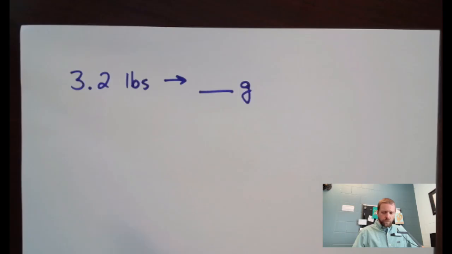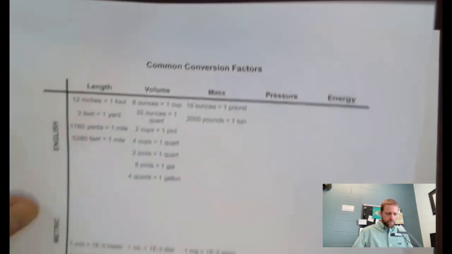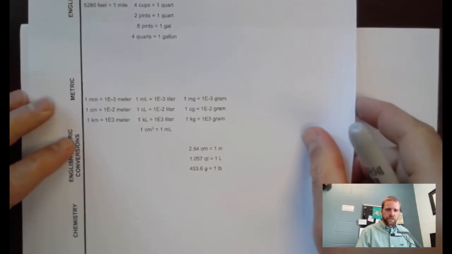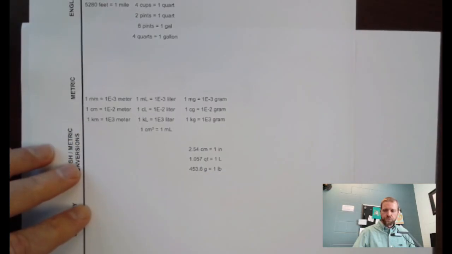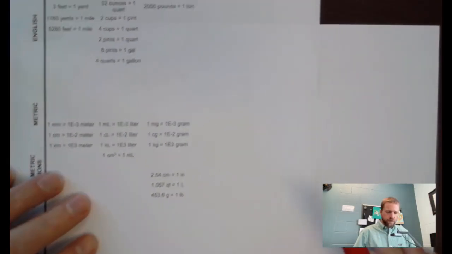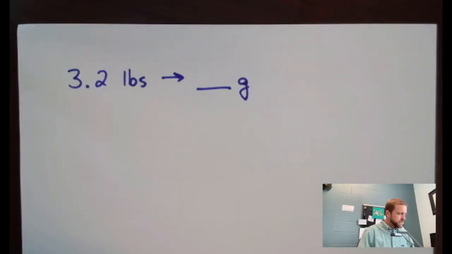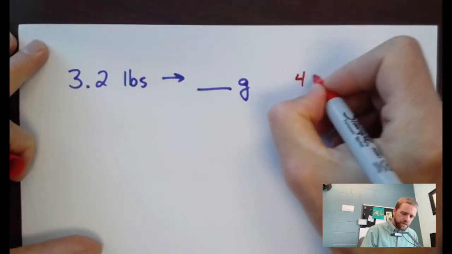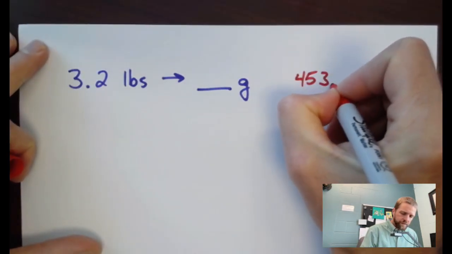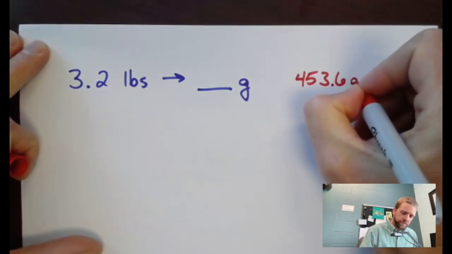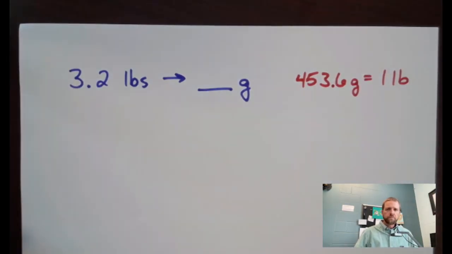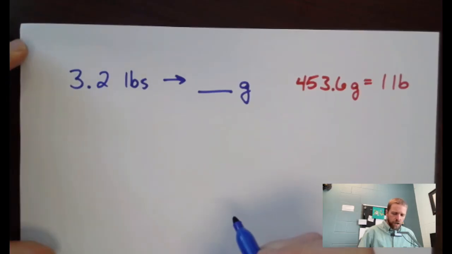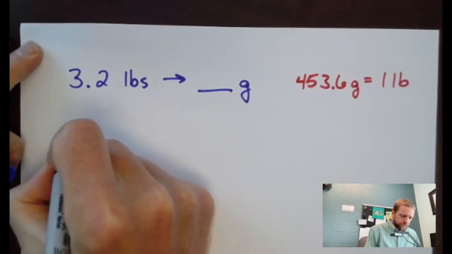And so we just look back at our conversion chart and we'll see down here that 453.6 grams is equal to 1 pound. So I'm going to write that over here to the right. 453.6 grams is equal to 1 pound. Okay. So when we want to set up this conversion problem, we're going to take 3.2 pounds